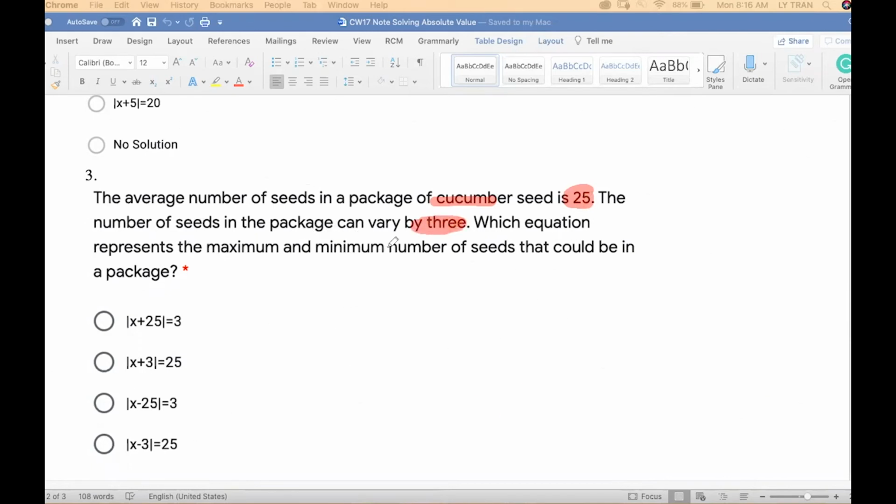Okay, so I have 25 cucumber seeds, right? So it's on the number line. I know 25 is what I'm talking about. It can vary by 3. So that means I can have 3 more or I can have 3 less. Okay, it can vary, right? Vary means change. I don't know the exact number. I don't know for sure. I can't bet money on it, but I know that I have 3 more or